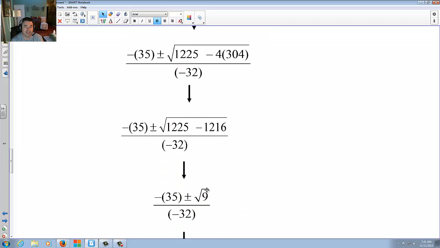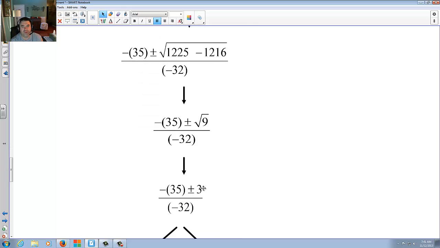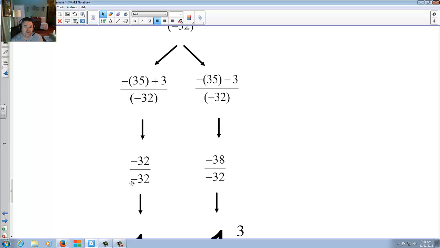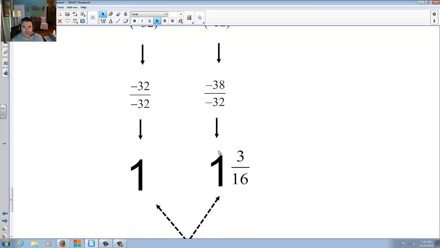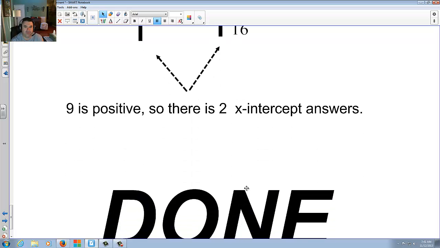Minus these two makes a 9. Square root of 9 makes 3. So you have negative 35 plus 3 over negative 32, and negative 35 minus 3 divided by negative 32. Split the 2. Negative 32 over negative 32 is 1. Negative 38 over negative 32 is 1 3/16. 9 is positive, so there are 2 x-intercept answers. And there you have it, meaning